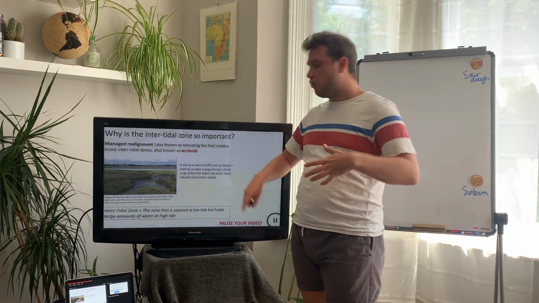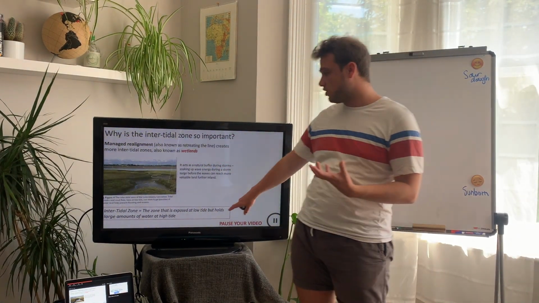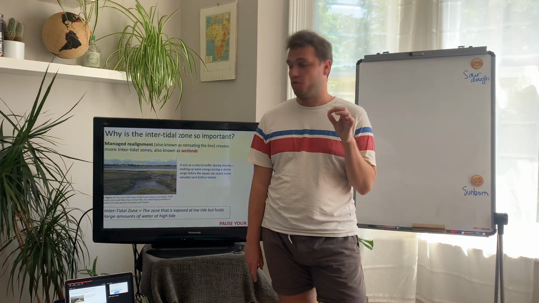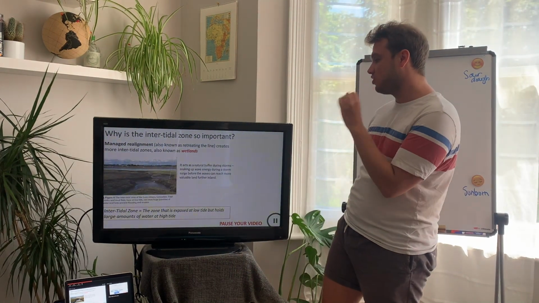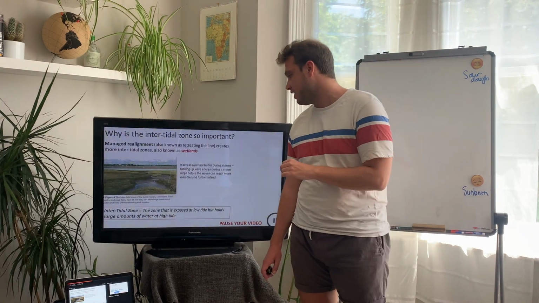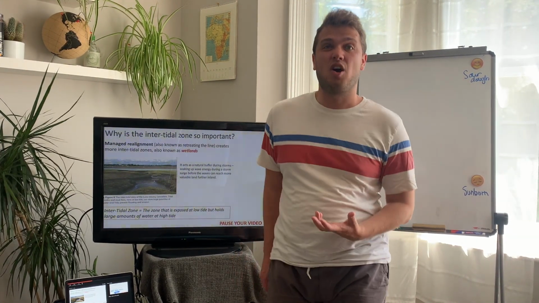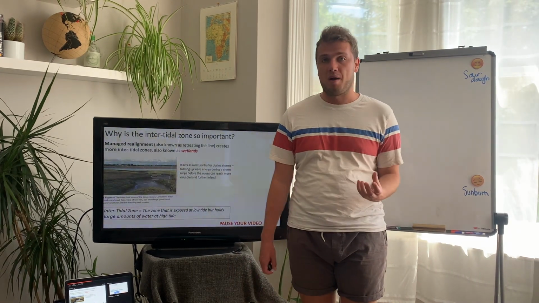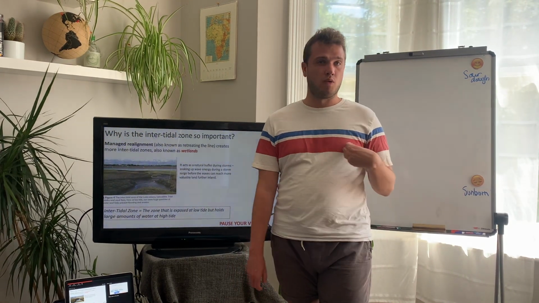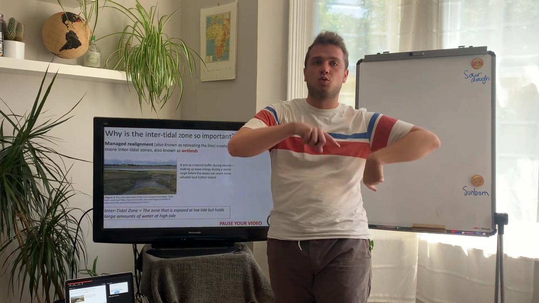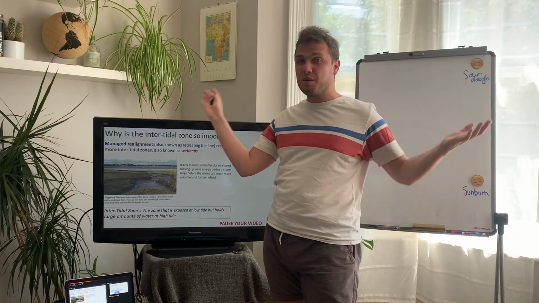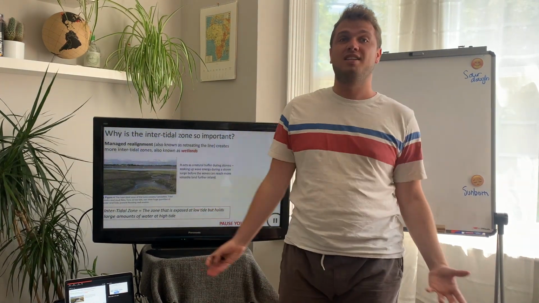And as I've mentioned, they're known as wetlands, but we also call them the intertidal zone. Now the intertidal zone is a zone that is exposed at low tide but holds a large amount of water at high tide. If we're thinking about intertidal zones, there's one which I'm sure lots of you know about: as you go out to Shoreham, going through Shoreham High Street and heading towards the beach, you go over that big bridge, it's all lovely and beautiful around you, but that area underneath the bridge is